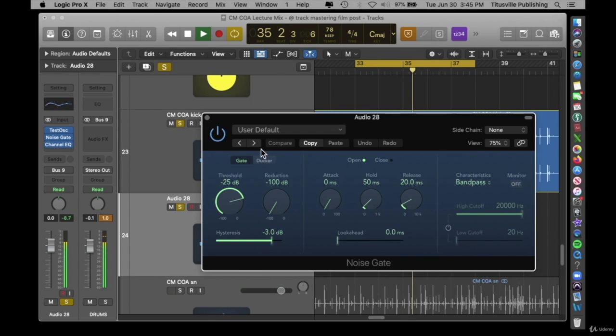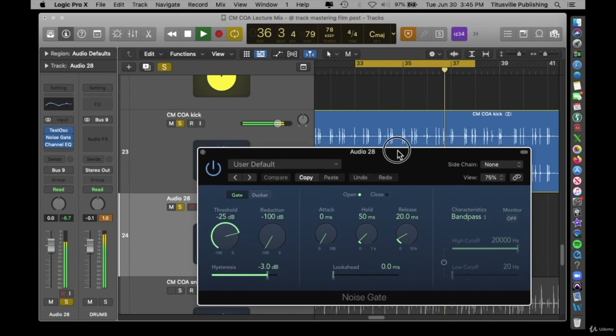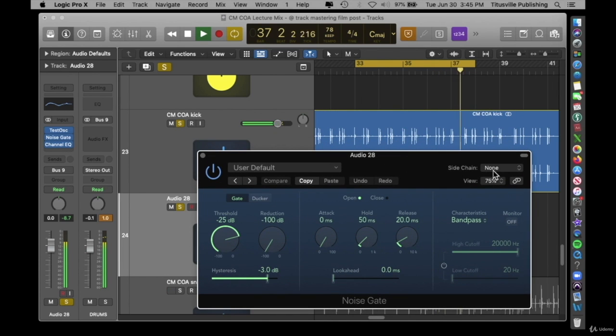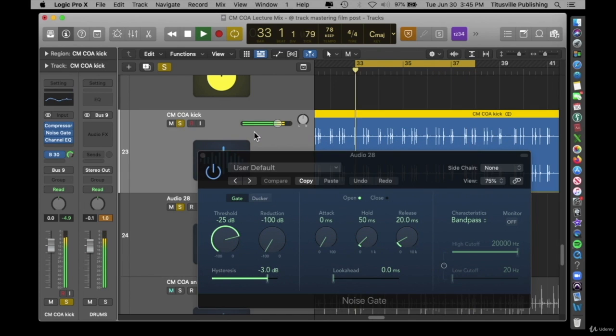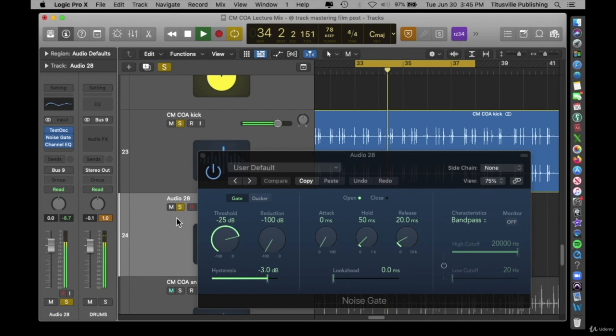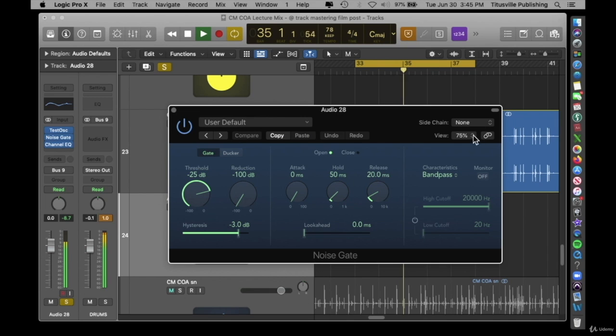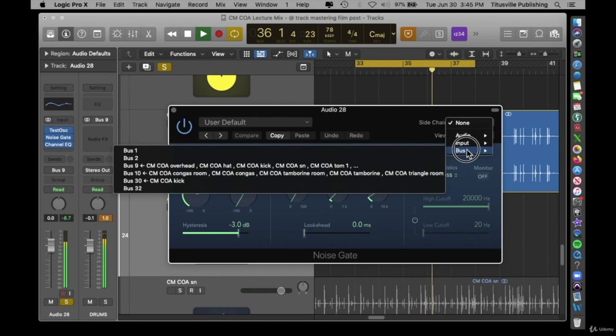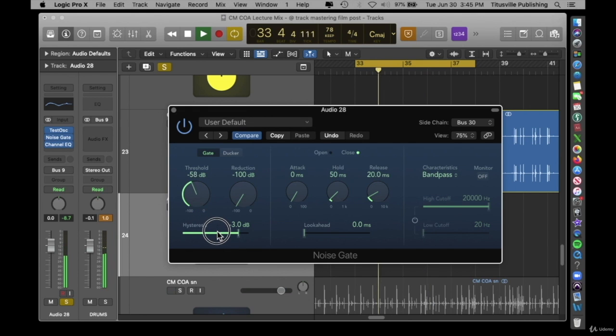Next, insert a noise gate, and then insert an EQ. Make sure you have both the kick drum and audio track for the kick drum soloed. Here comes the fun part. See this area here where it says sidechain? The bus that you selected, in my case I selected bus 30, use the sidechain from bus 30, and now